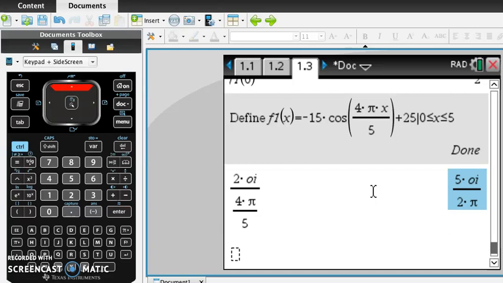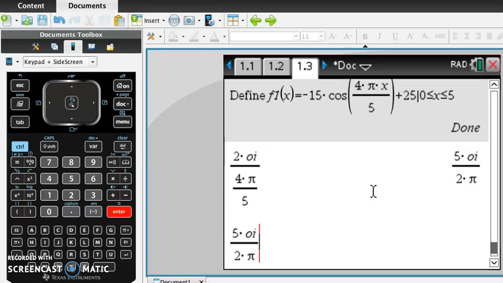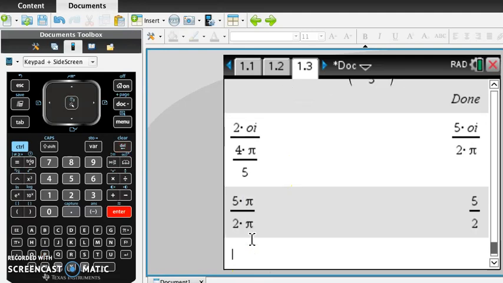Oops. Would have worked better if I'd have done it down here, sorry, pi symbol. It is 10 on 4, which is 5 on 2. So there's my period, okay? What is the period of the function? Okay, on the set of sketch the graph of the function between t 0 and 5, indicate the coordinates of